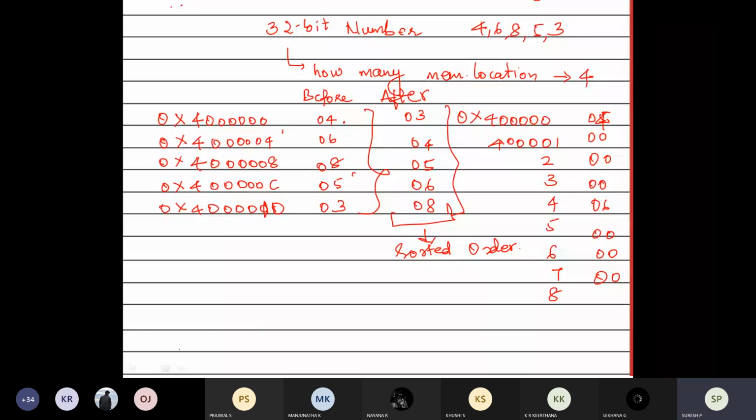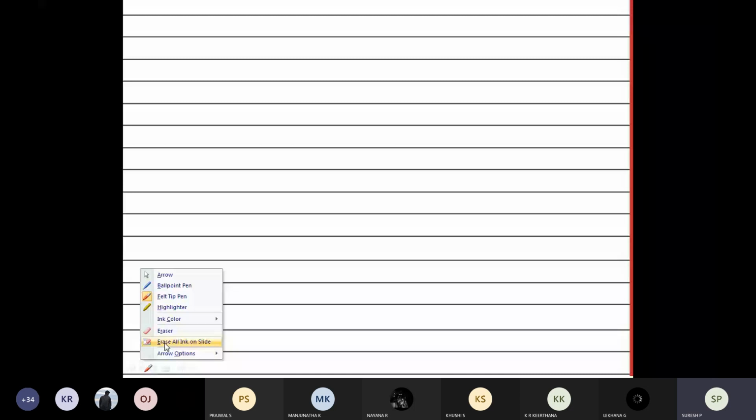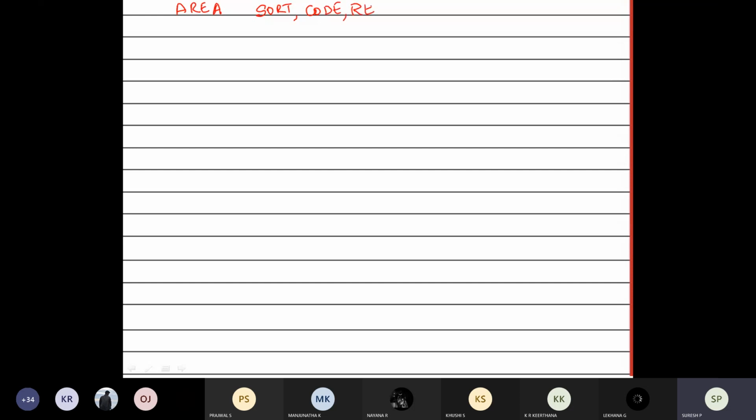Okay. So when it comes like this, one minute, we will erase everything. Next, first I'm going to initialize the area. This is the normal thing: area, and Sort is the name of the program I'm going to give. Next, this particular memory is code, and whatever code I write will be read only. This is nothing but your entry point, the area of memory which you are going to have. Next we should have the entry point, and here you are going to have the start.